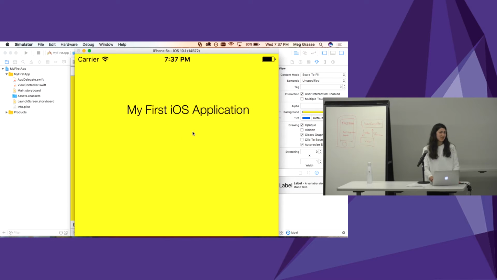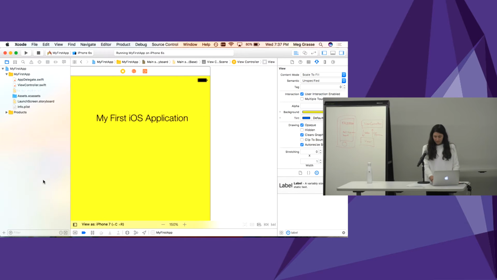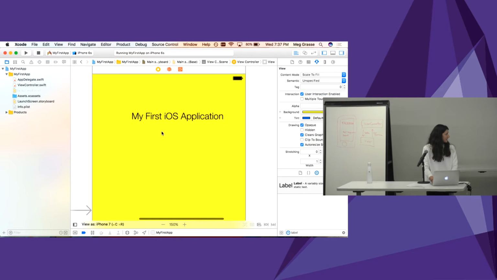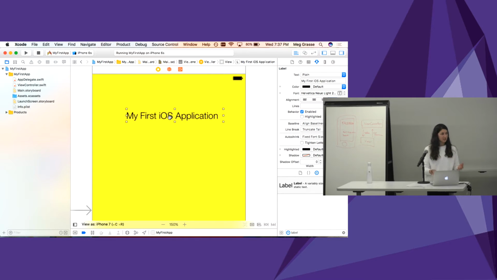We have a nice yellow app with a different font. All right, cool. So we can see there's one issue though. It's not as obvious anymore because I moved it to the center, but clearly our label was not in the center, right? It's really hard for us to figure out exactly where to put it so that it's going to be on the center. And specifically, when we're actually making an application we want to push to the App Store,